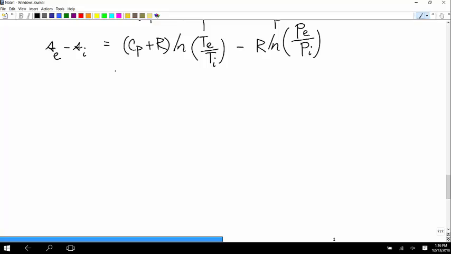Look up C_p for 300 degrees Kelvin, and that's in SI units. 1.0041 plus 287